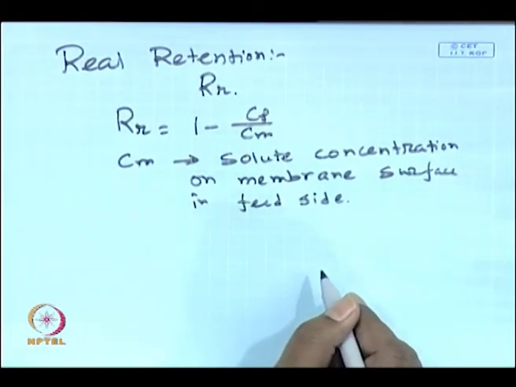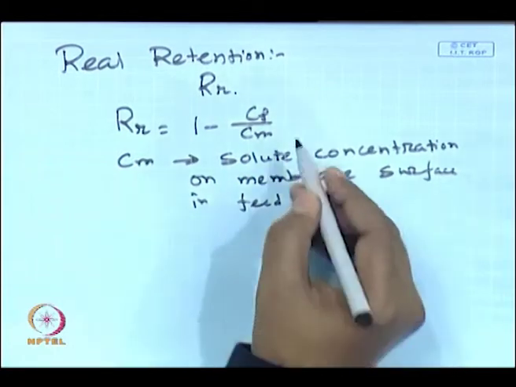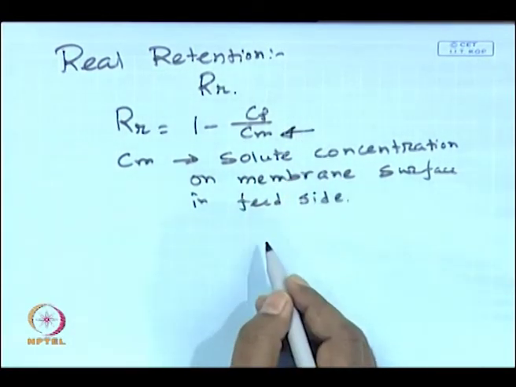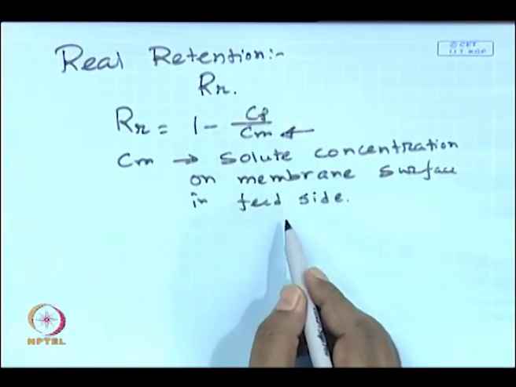Observed retention will give you a direct measurement, because you do not know how to measure the concentration over the membrane surface, because it is in liquid phase. Now suppose you take out the membrane and dry it, measure the concentration and redissolve it, but that will not give you the real picture. Because if you want to take the membrane out of the system, you have to release the pressure. When you release the pressure, some of the solutes deposited over the membrane surface will be redissolved. So that will not give you a direct measurement. So direct measurement of Cm is really very difficult.